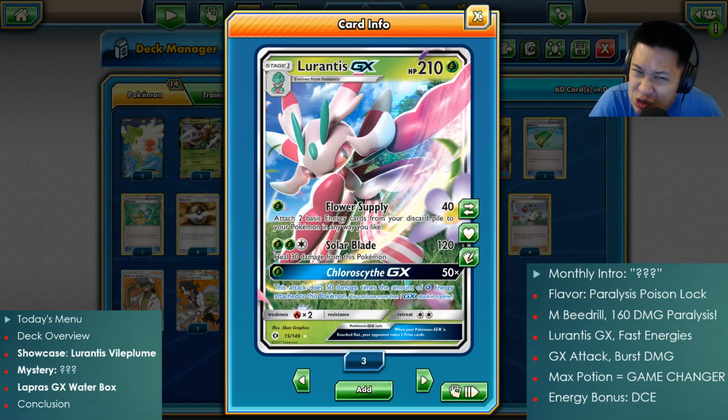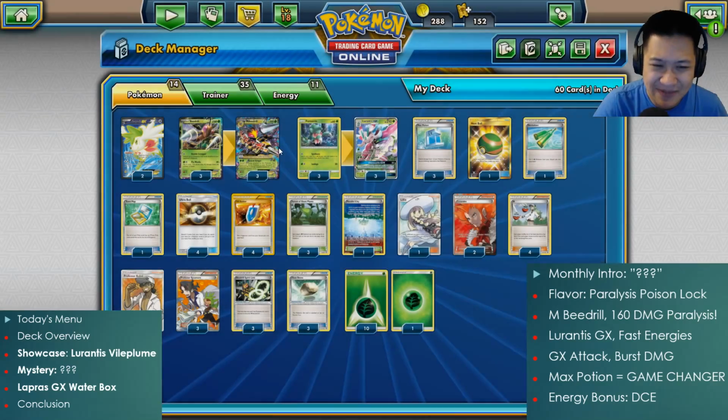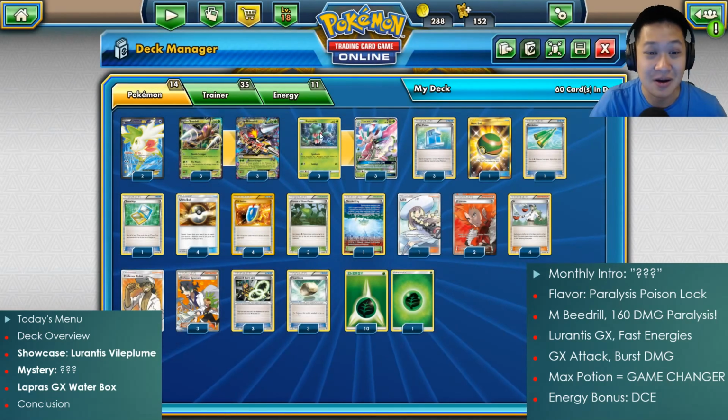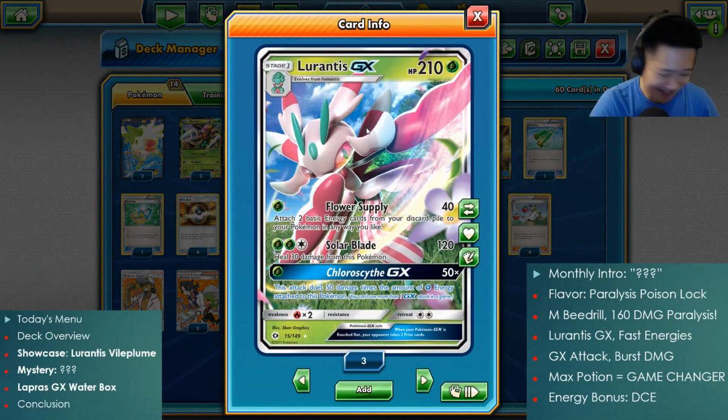But let's not use that Vileplume, the item block. Yeah, it's nasty, but how about something more dangerous? Item block, mega paralysis, poison block, enough to make the strongest GX cards tremble. I'm going to explain to you how this Mega Beedrill Lurantis deck works, and you're going to see it in three